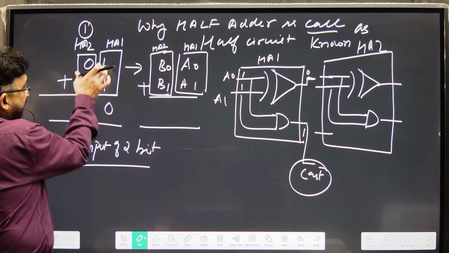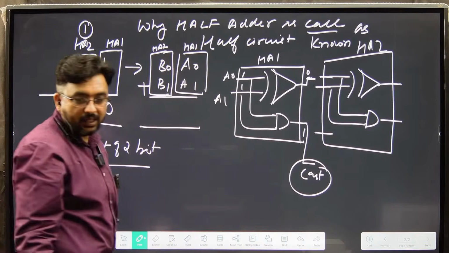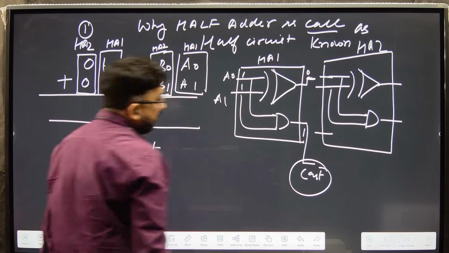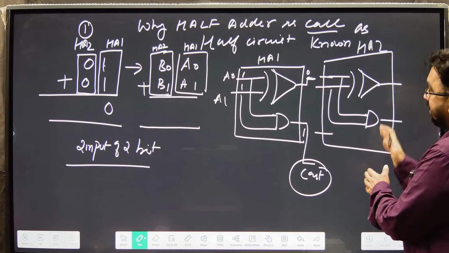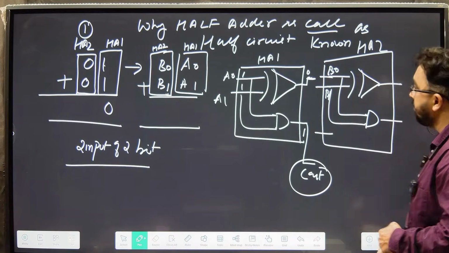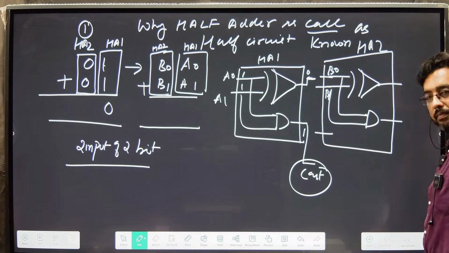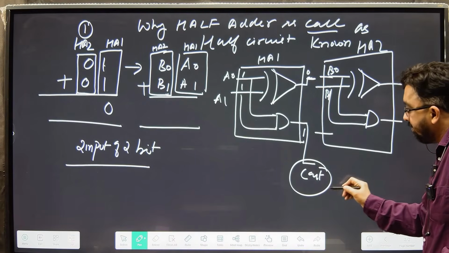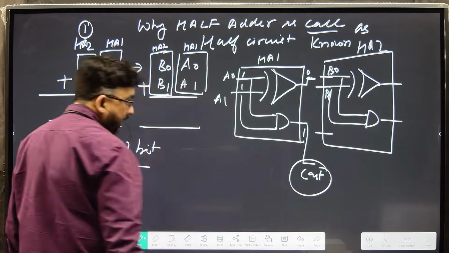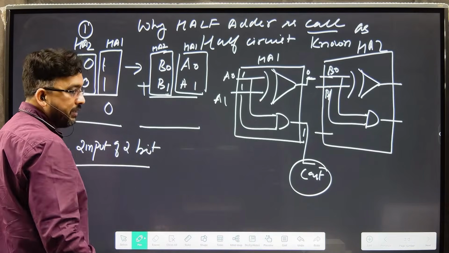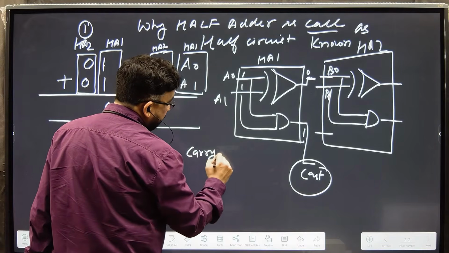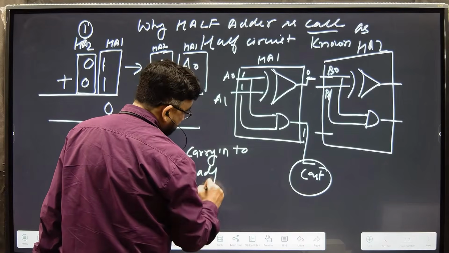If you are realizing this combination with two half adders, then only you are able to prove it. In my second hardware, that is the addition of HA2, that is B0 and B1, we can adjust this and this, no problem. But the problem is that you don't have an extra pin at the HA2 side to adjust the carry out. So the simple reply is: half adder is called a half circuit because half adder doesn't have a carry in pin to adjust